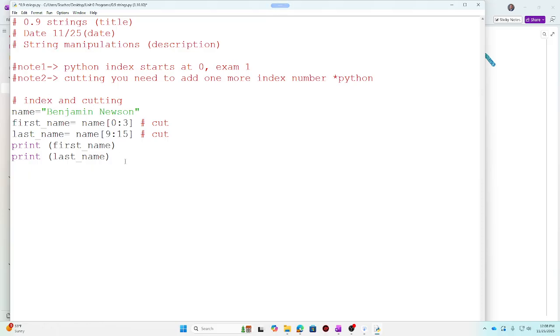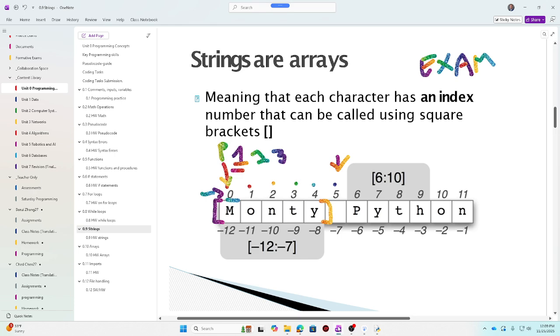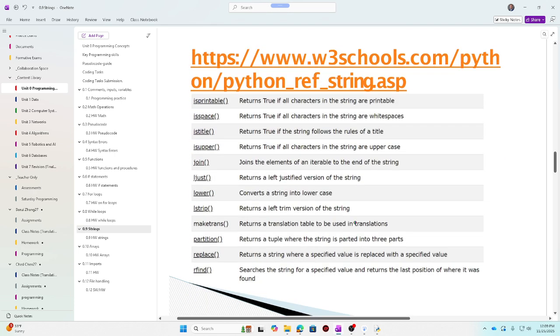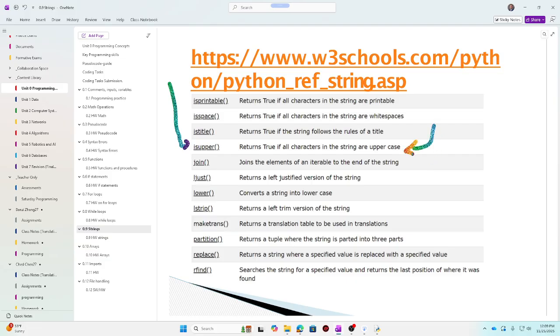Okay, the next thing we're going to learn, you can make different capital. There are different functions. Okay, so there is this link where, let's say I wanted to make uppercase. Okay, this is a test. This returns true if the character is uppercase. Okay, there are many characters here. And I can also make the text go lowercase. So this is a conversion.